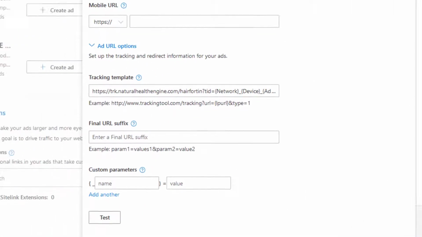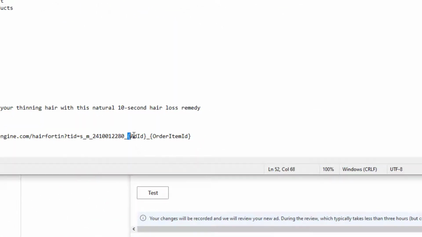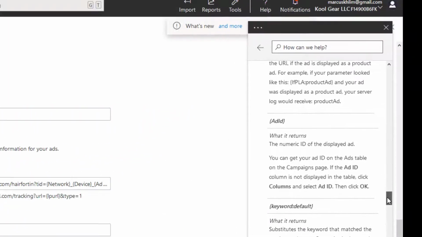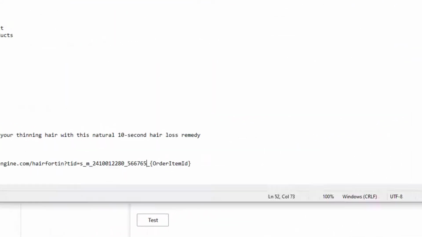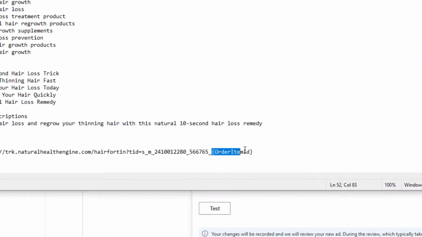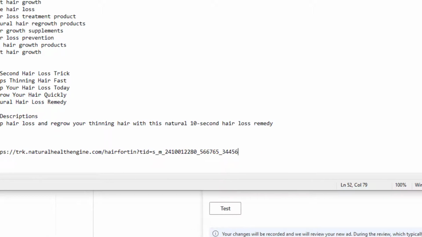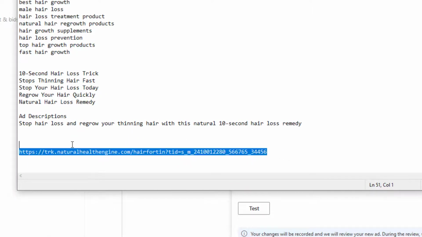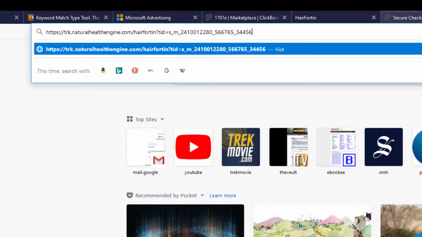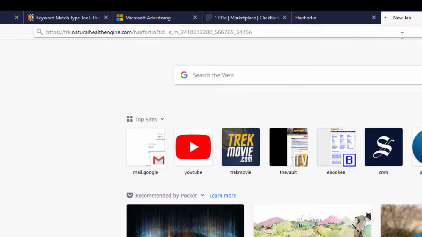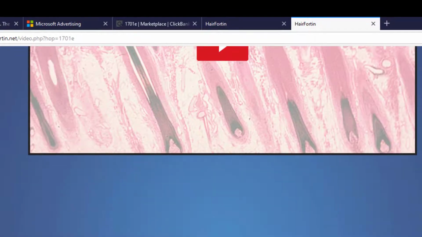Well, let's just give it. There's no example, so let's just make up something, and then order item ID. Again, let's just make up something, right? Like that. Alright, so suppose that's the full tracking URL. So let's go. Okay,